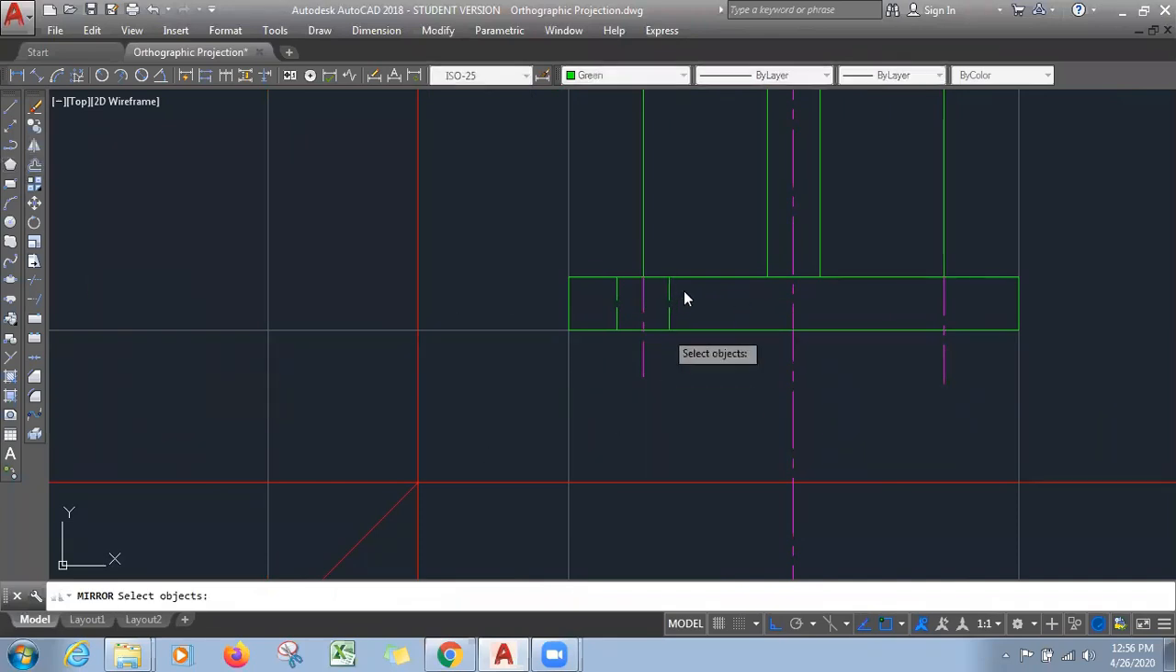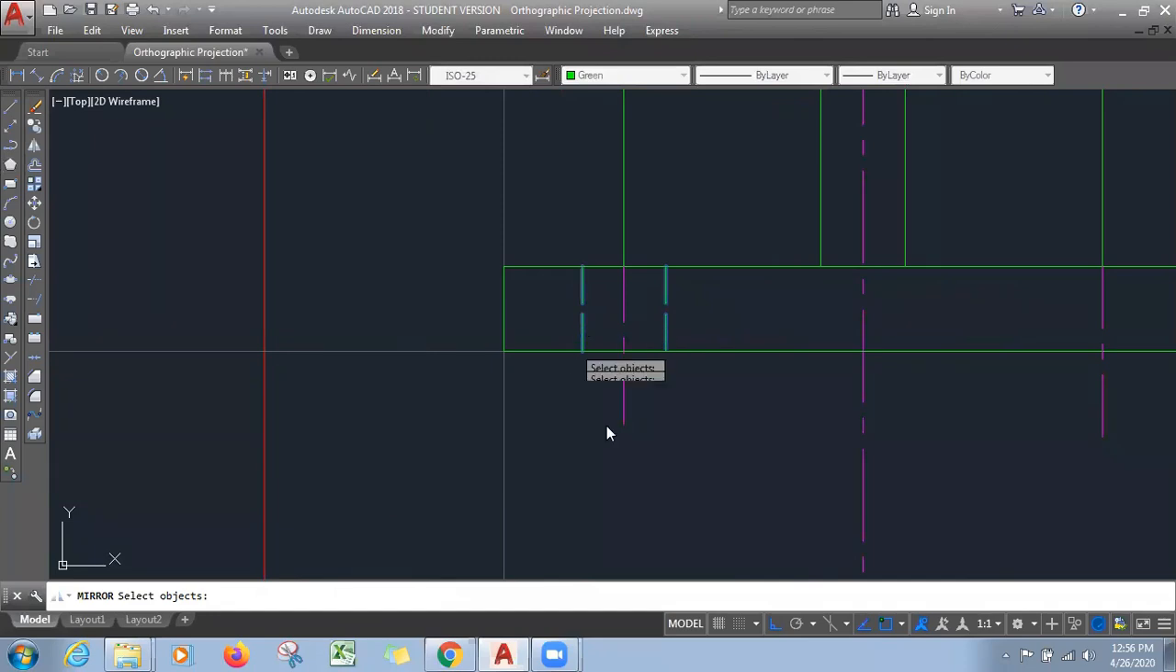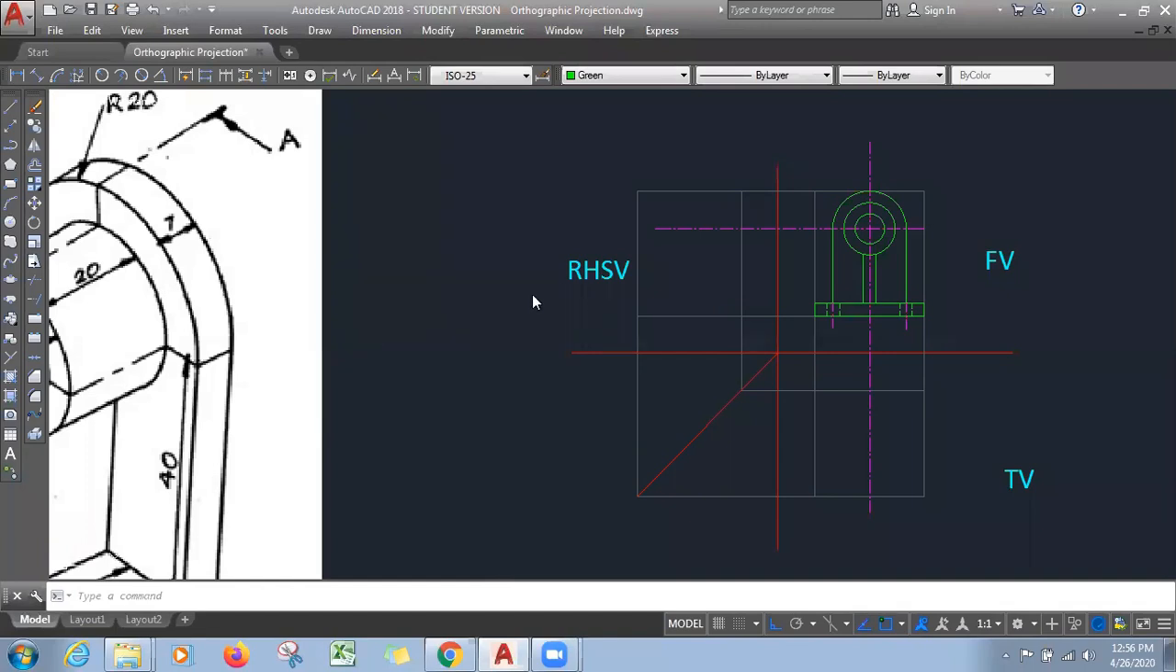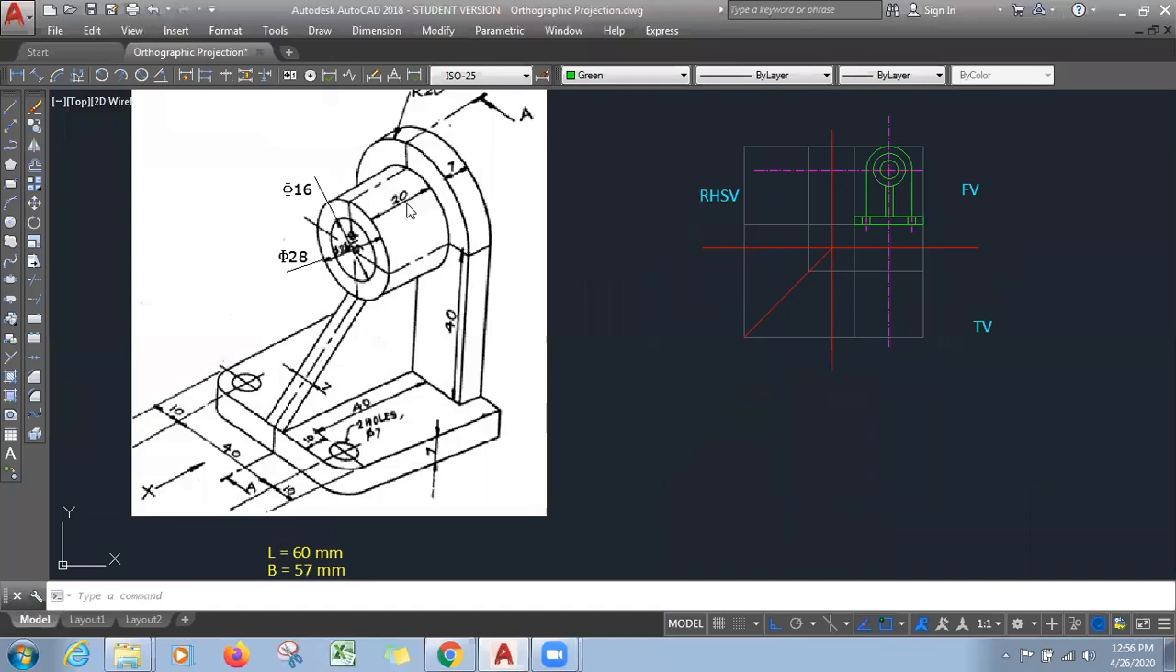So you can use mirror, select object. These are my object. Enter. About this, you can have it like this. Now this is my complete object. You see, my front view is completed. Very simple. Okay. Now top view. Top view. What we can do? We can have projections from front view. Okay. कैसे? You see,